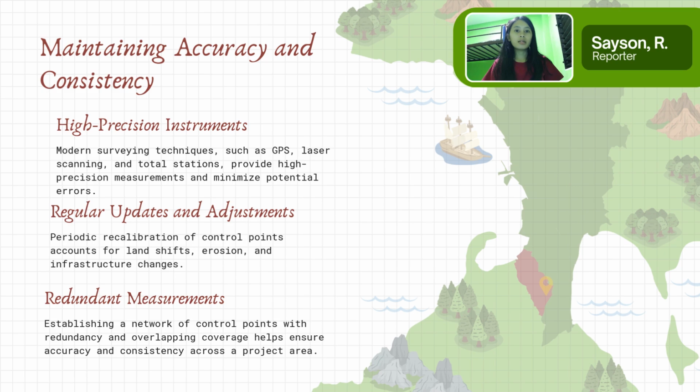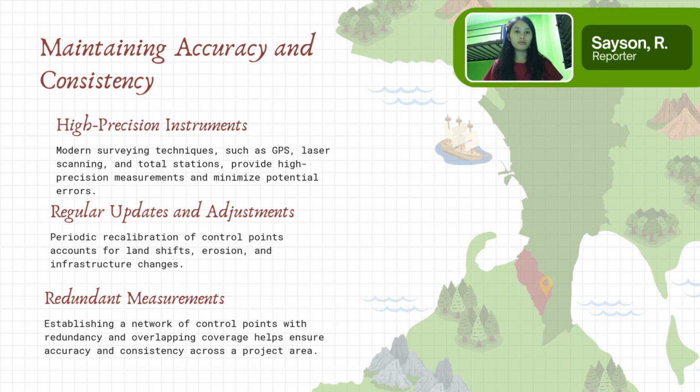Third is redundant measurements. Multiple readings from different angles and instruments help cross-verify data. So surveyors must measure a site from various control points and cross-check data to ensure that there are no errors before proceeding